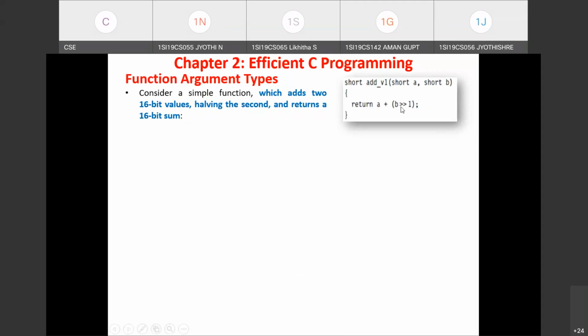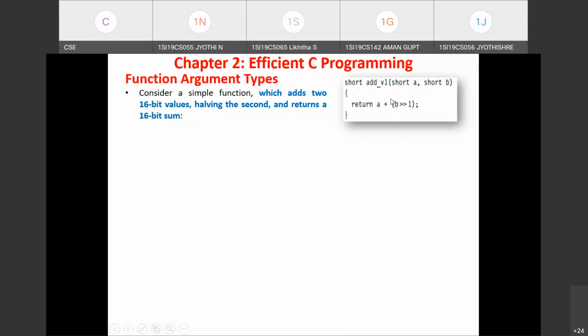It receives two arguments, say A and B, as formal arguments. The data type of these two arguments is short, which means signed 16-bit. After performing the addition, we return the result, which should also be of short type.